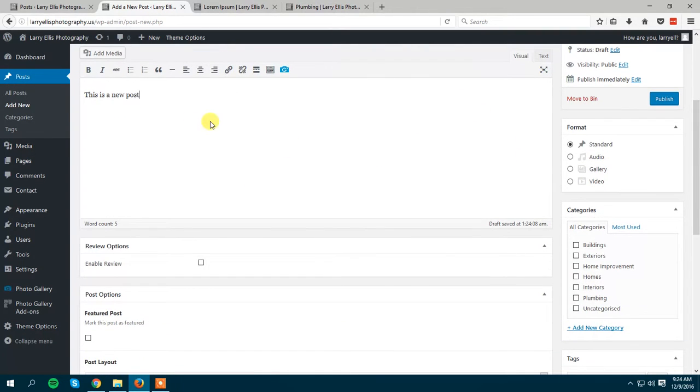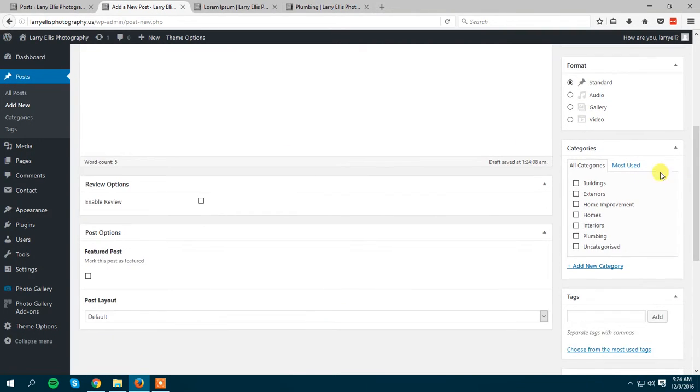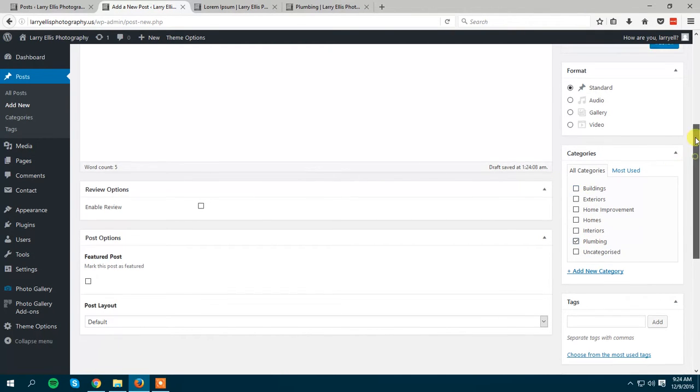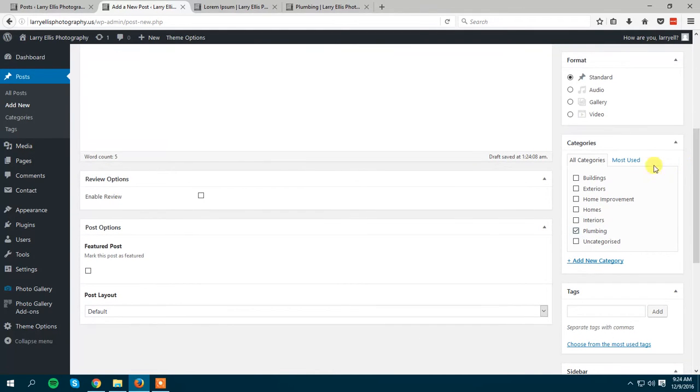The categories, you can see them in this part. Since the plumbing category is still blank, I'm going to put the post into this category. You can also put a single post into different categories. So let's say if the post is relevant to home interiors as well, and it's also relevant to